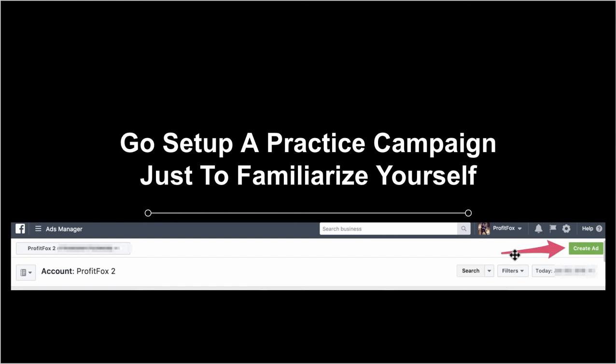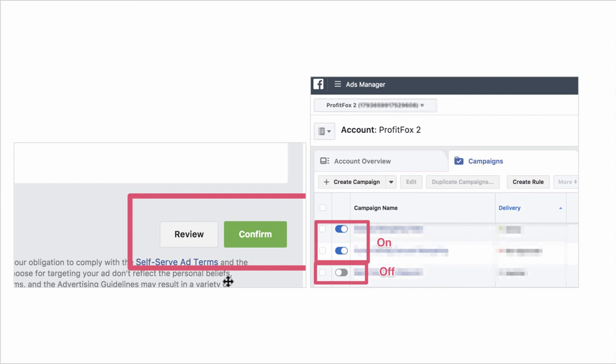So go into your business manager, go to create ad, and then just walk through the process, look around, explore these different options. You'll see everything we just talked about. And when you get to this point, just don't hit confirm because you don't want to actually launch this ad because you're not going to use it. Now, if you accidentally launch it, you can turn it off with this radio button right here on the right-hand side. So don't worry. If you accidentally launch it, just turn it off and then delete it. Go through, give it a good practice, and you're going to start to become a lot more familiar with this stuff, and then we'll dive into the details and get into how to actually create a profitable campaign.